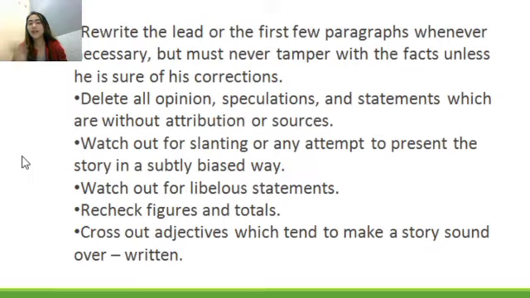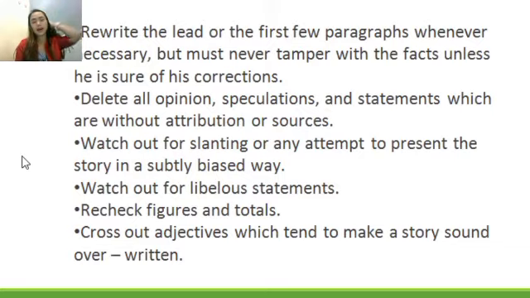And then rewrite the lead or the first few paragraphs whenever necessary, but must never tamper with the facts unless he is sure that his corrections are true. As a copyreader, you're not just there to correct, but of course, you should not tamper with the facts. Unless tama talaga yung correction mo, baka nagko-correct ka tapos wala ka naman sa tamang lugar, diba? And delete all opinion, speculation, and statements which are without attribution or sources, lalo na pag sa news